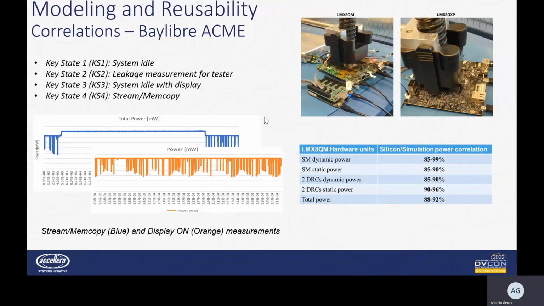For this reason, we have extracted the measured values and we have calculated the average power consumption. We did the same thing for the results from our simulations and we have correlated with them. The results from these correlations were very promising, turning around 85 to 98% correlation depending on the tested use cases and measurement conditions.